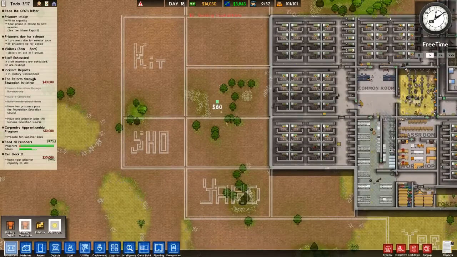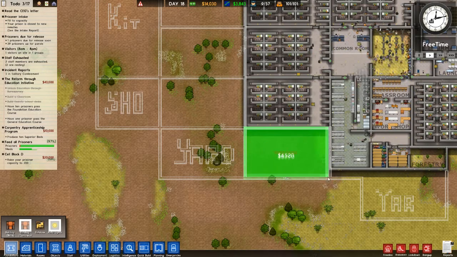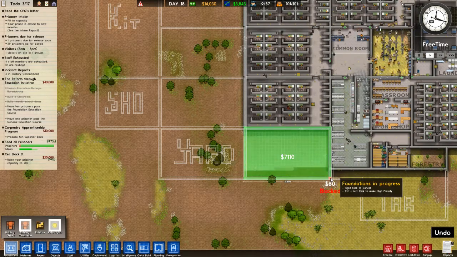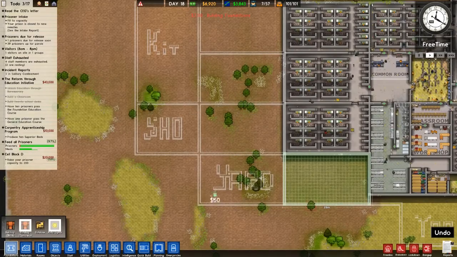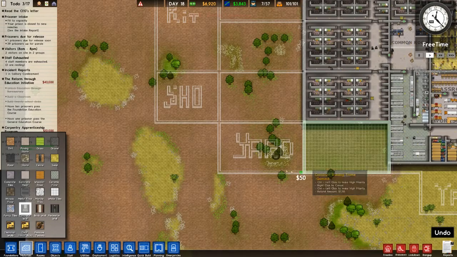Right, so what's the best area to make? We make this one. That seems sensible, even though it seems smaller. Which it's not, but okay. So we can make that one. And then we can also put walls out for another yard. Okay. Which will now require...